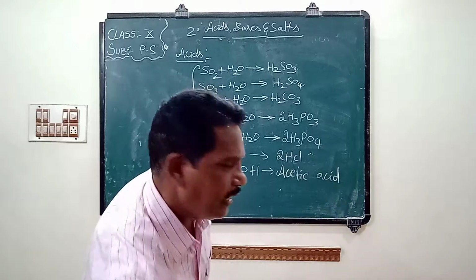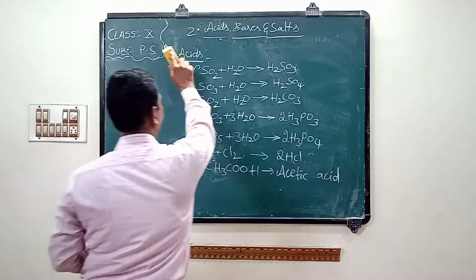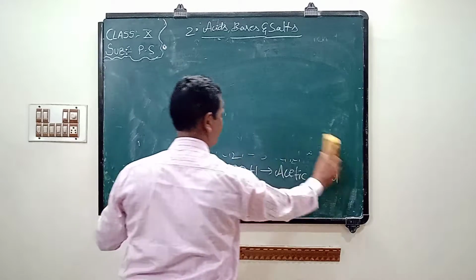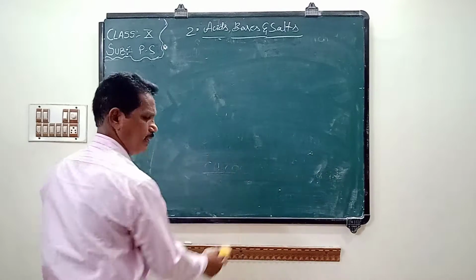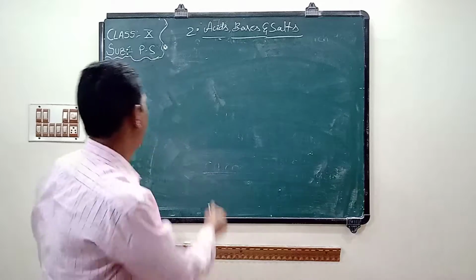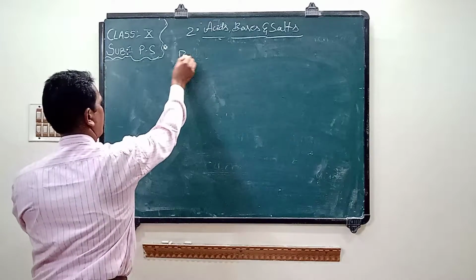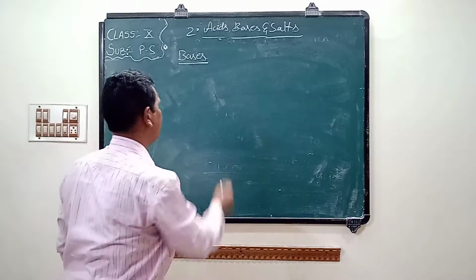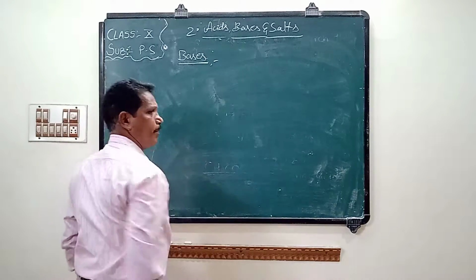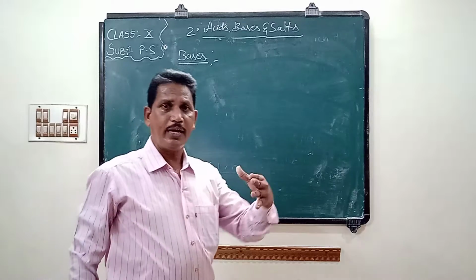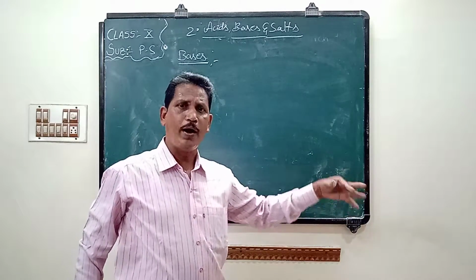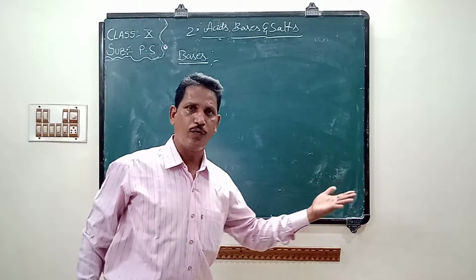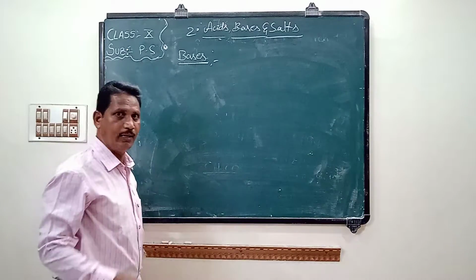Next one, bases. Metallic oxides are dissolved in water to form bases. For example,